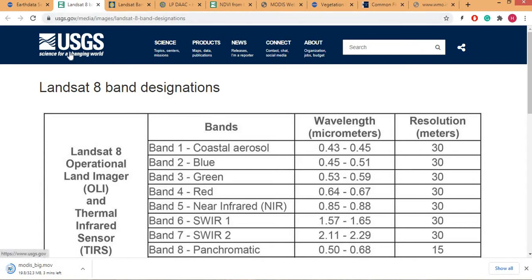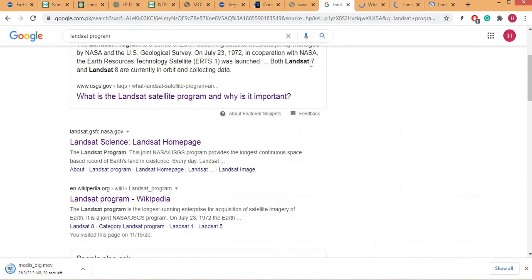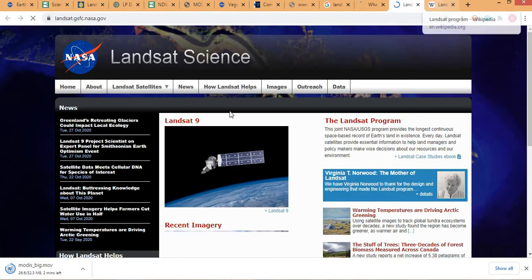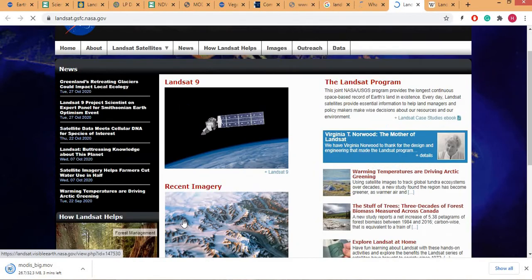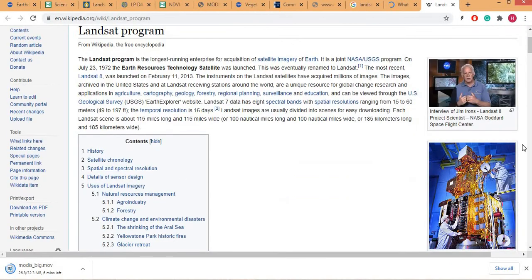So you can see the other Landsat datasets like Landsat 7 if it is available. Landsat 7. So here we have the Landsat program, the recent satellite imagery, and here we have Landsat datasets.